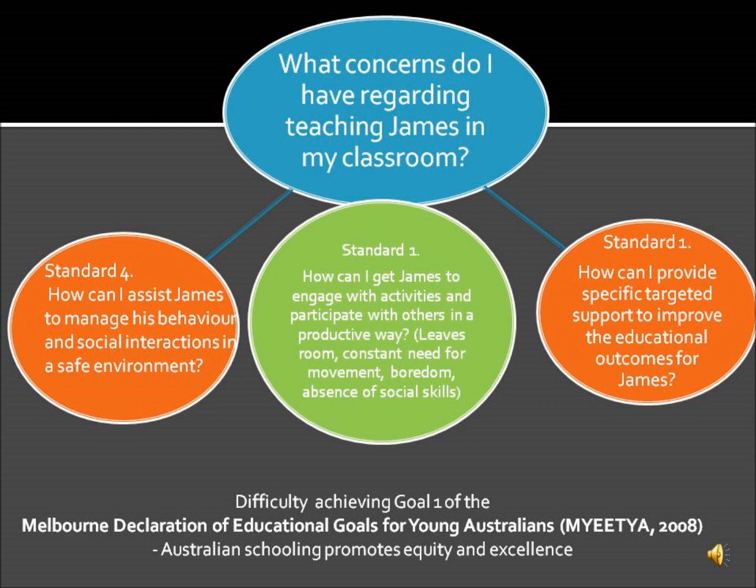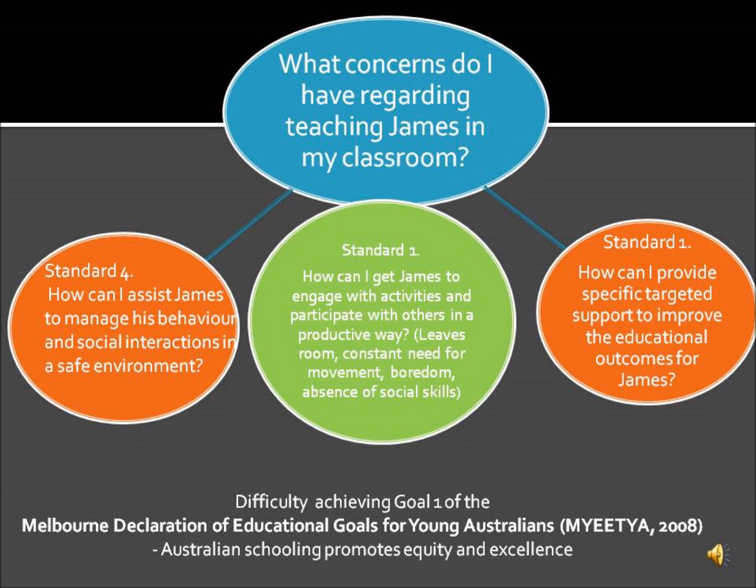In regards to the standard, in particular Standard 4, I felt I was really not helping James to manage his behaviour. I tried quite a lot of strategies that worked with others, but it really didn't help, and at times it seemed to escalate his frustration. This is not consistent with providing a safe environment for James or the other students.